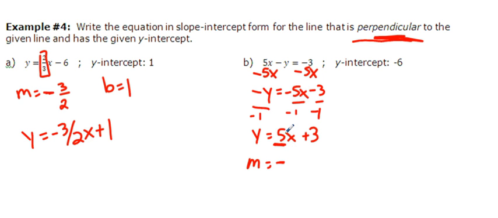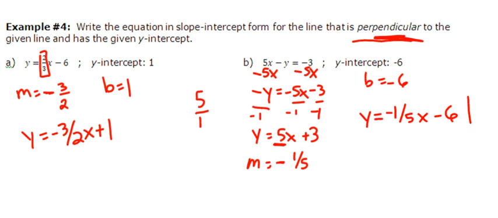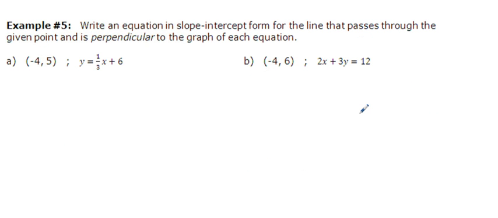Then I flip the fraction. Remember, 5 is like 5 over 1. So when I flip the fraction, it becomes 1 over 5. So my slope is negative 1/5. My y-intercept is negative 6. So y equals negative 1/5 x minus 6. And there's my equation. So if we go to the next example, same exact thing we did with parallel lines,